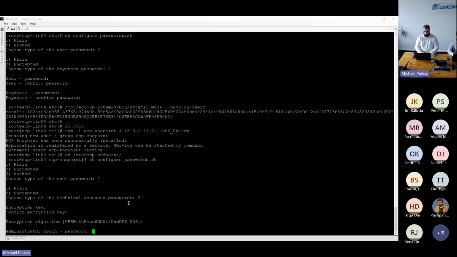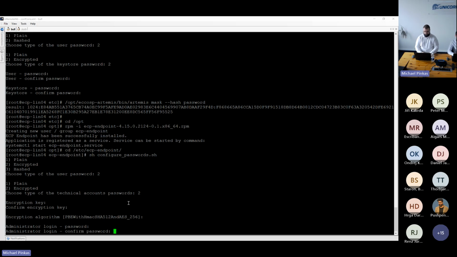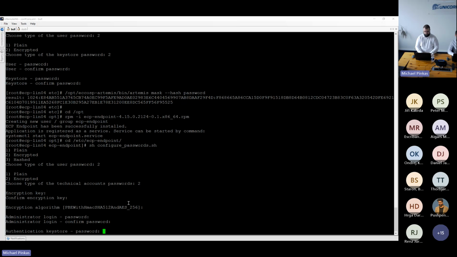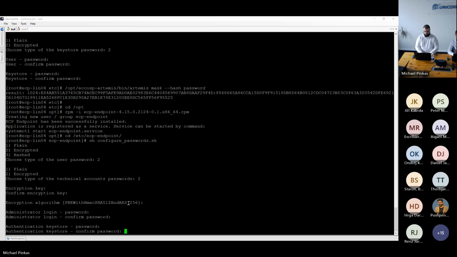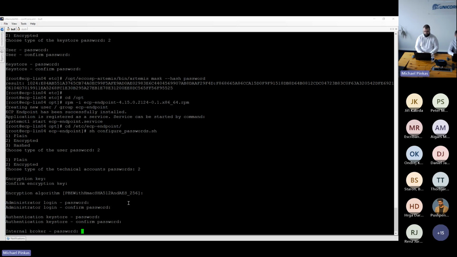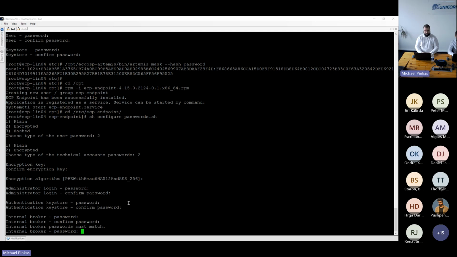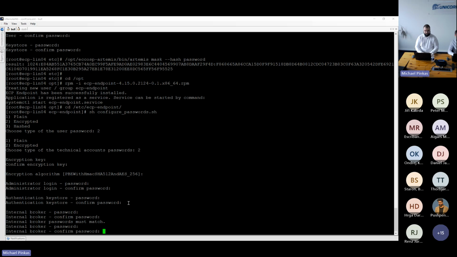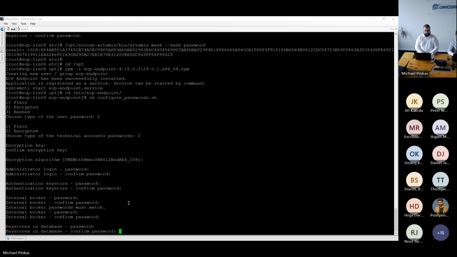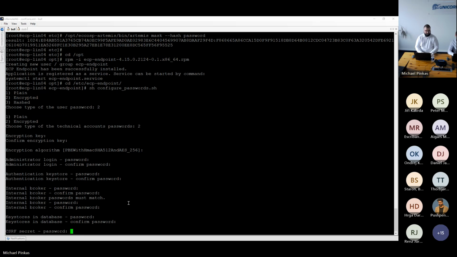And next, I will fill in the passwords. Well, hopefully without a typo. Just as I say it. Here I used the password as it is not a production environment, just for testing purposes. But what we can see here is the CSRF secret,